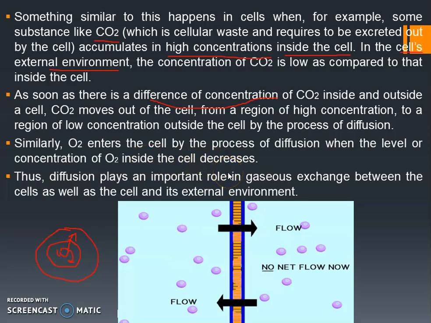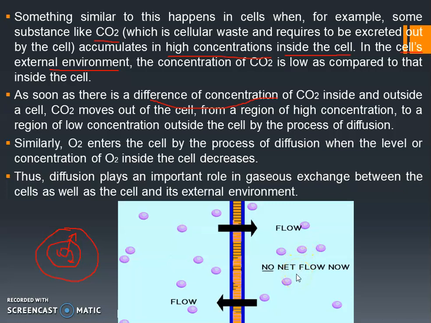So always blood will be carrying oxygen. Then as it goes near the cells, in whichever cells the oxygen content is low, at that time this blood which carries the oxygen will diffuse and enter into the cell. Okay, so oxygen enters the cell by the process of diffusion when the level or concentration of oxygen inside the cell decreases. When the amount of oxygen inside a cell decreases, automatically from the blood it will enter into the cell